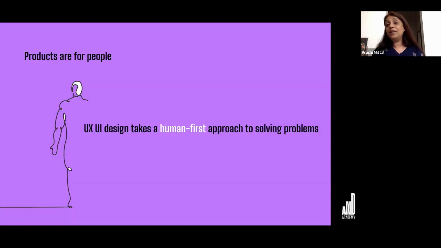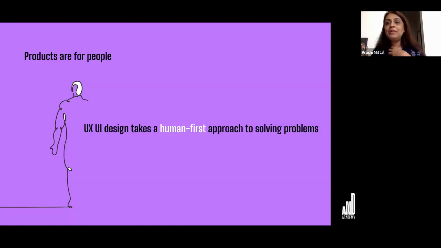But then gradually everybody started understanding that we made a product which does its function, but we forgot about how a user will interact with it, how a human will interact with it, what are their needs, desires. So we looked at the functional needs, like, achha, there is an air conditioner, it has to cool, and therefore temperature has to be increased, so my remote should have a temperature increasing option.